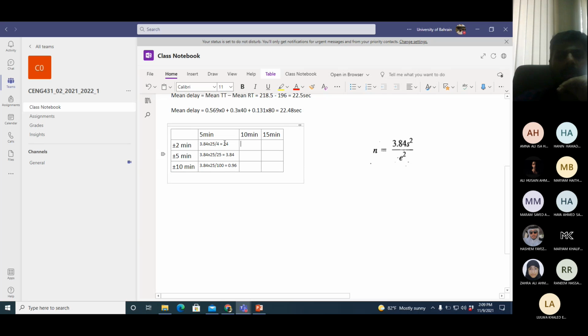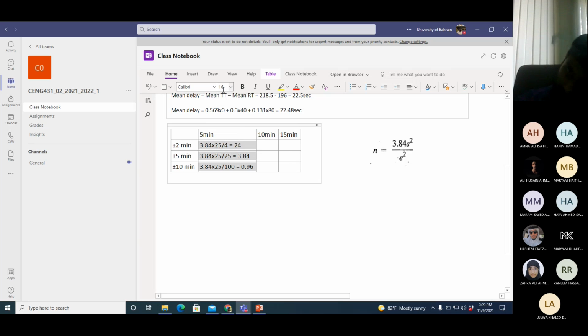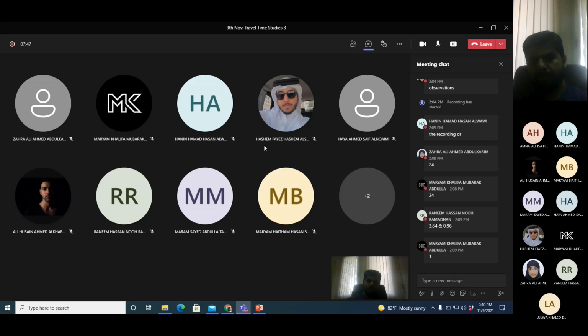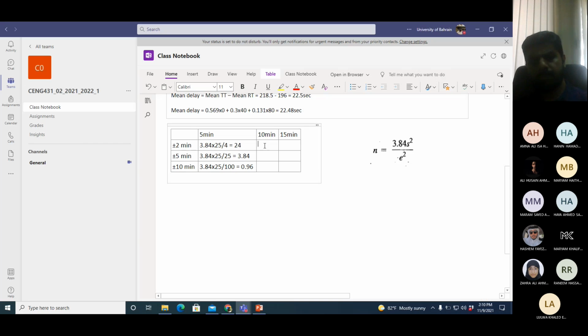You will use the same equation but with a 10 minute standard deviation. 6 or 1, that is fine, you can write 1 as well, no problem. How much is the second column, first value? Now you know the equation, so I'm not writing the full equation again and again.